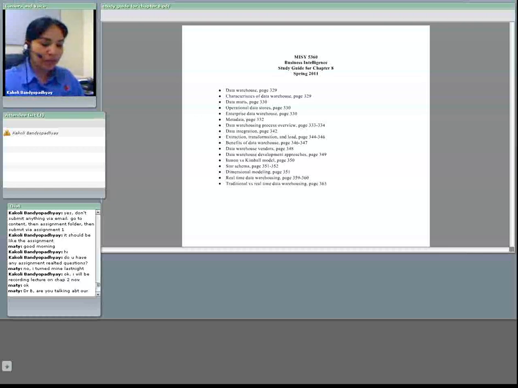Data warehouse is the basic foundation block of business intelligence, so it's a very important chapter. We have several assignments on this chapter. Before we can work on the assignments, it's very important that we understand the basic building block of business intelligence, which is data warehouse. Okay,